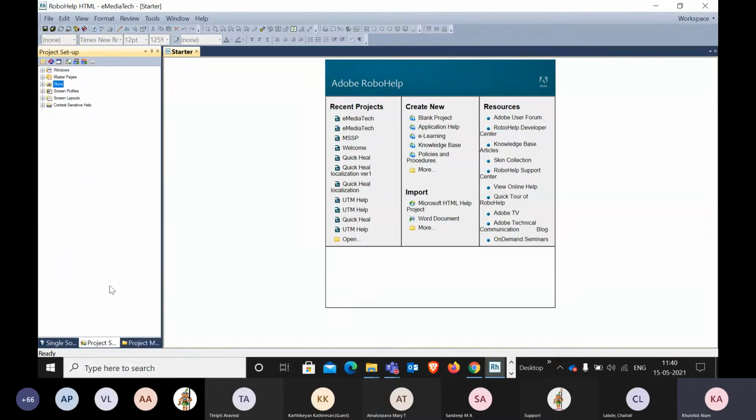Second thing is project setup. Here you have to create a few extra things like windows for which part or for what reason, and then master pages. Here you can create one or multiple master pages. Then here you can create a skin. A skin is directly related to web help. Skin means the design for web help, and windows is designed for the CHM file. And then screen profile, screen layout, and context-sensitive help part. Third one is